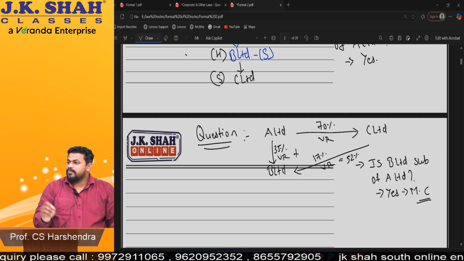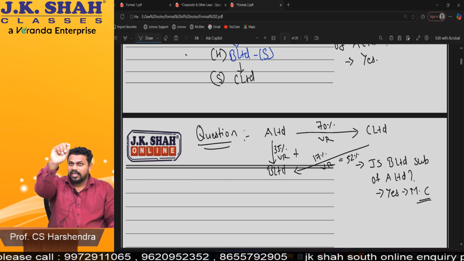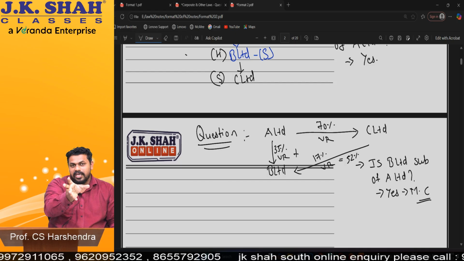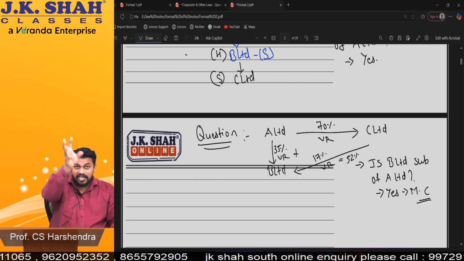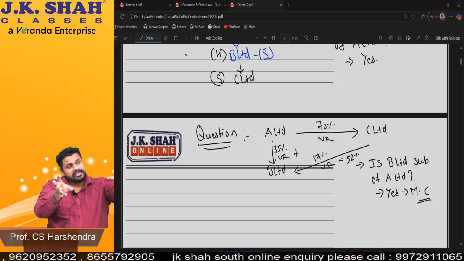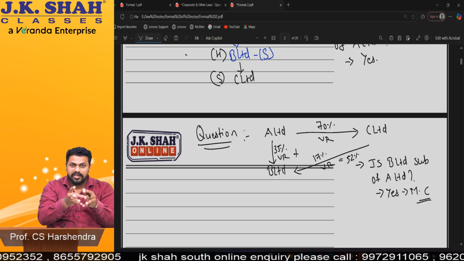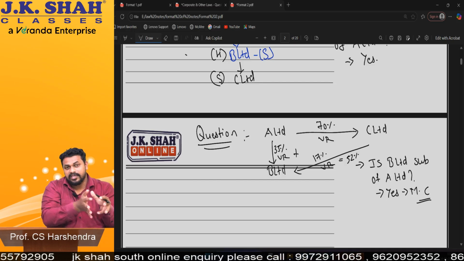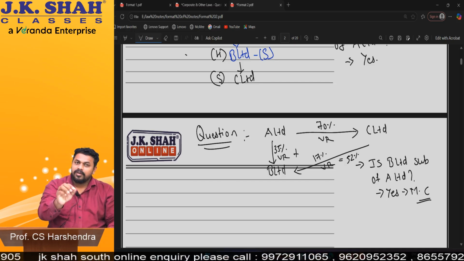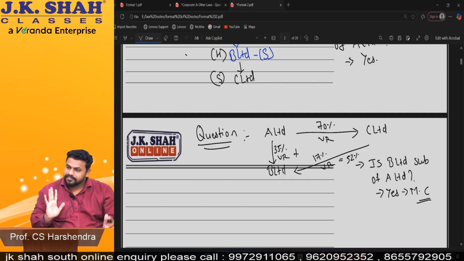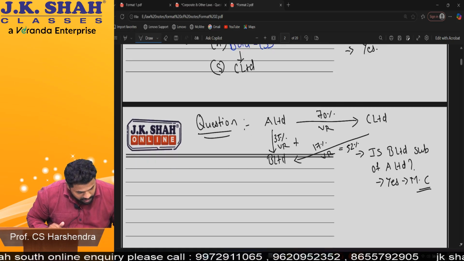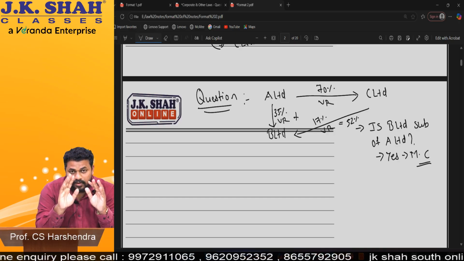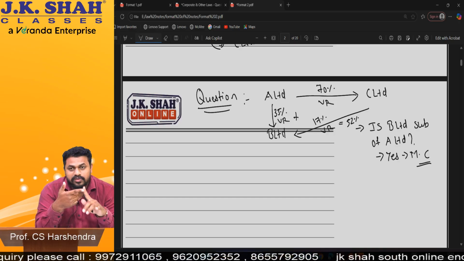Okay. So somebody had doubt in point B. Point B tells that if A Limited along with its subsidiary holds majority of shares in a company, in this case A is holding 35, A's subsidiary C is holding 17. So A plus C is holding how much? 52% in B. So A is the holding company of B. Am I clear? Okay, great. So we have done holding and subsidiary. I hope everyone understood.